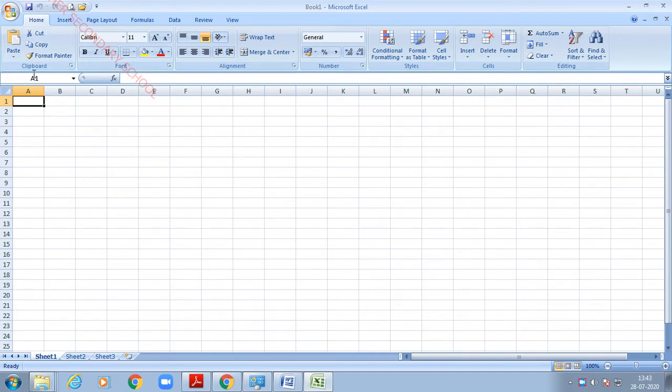Okay, next after that we have a name box here. Name box. Here we have a formula bar. It shows the formulas on the screen. So that's why it is called a formula bar. Next, this is called the active cell. By default, the active cell will be at the A1 address. So I will tell you one by one.